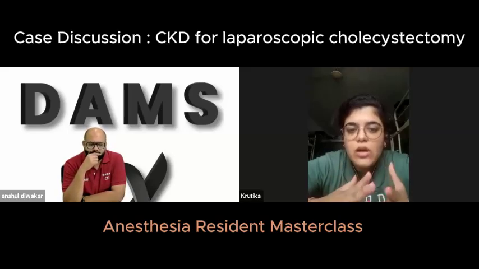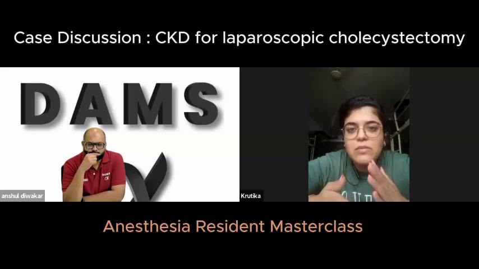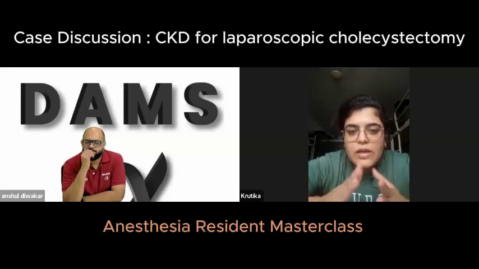Apart from this, epidural: since this is a laparoscopic surgery, we don't need an epidural. But for any open surgeries, we avoid epidural because of abnormal platelet function and underlying coagulopathy. So we avoid that. This is the intra-op analgesia. After that, for extubation, neostigmine can cause a more prolonged effect again.